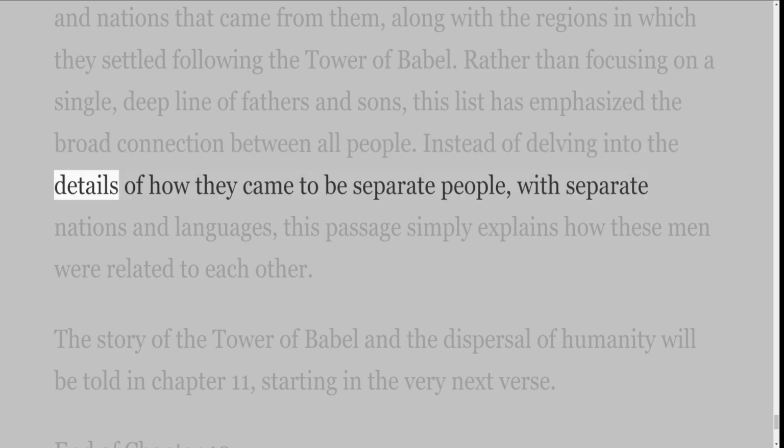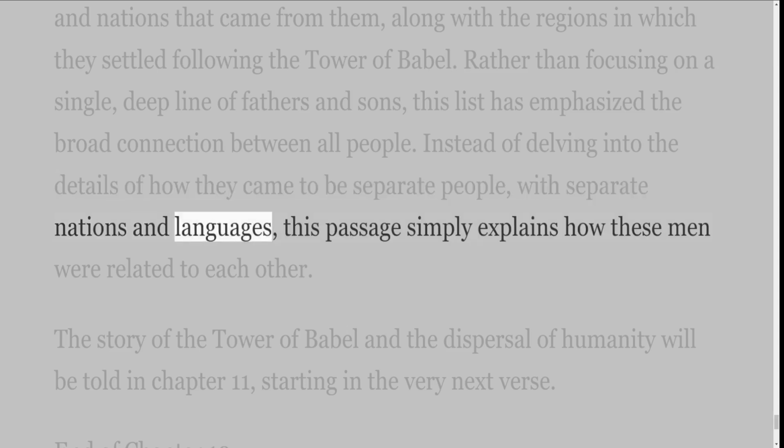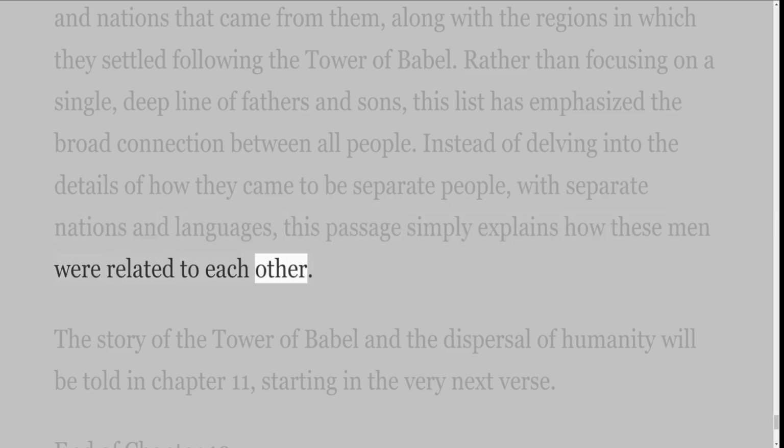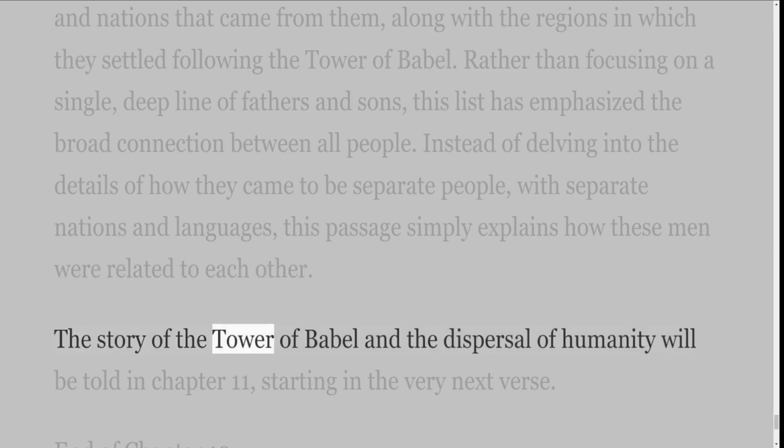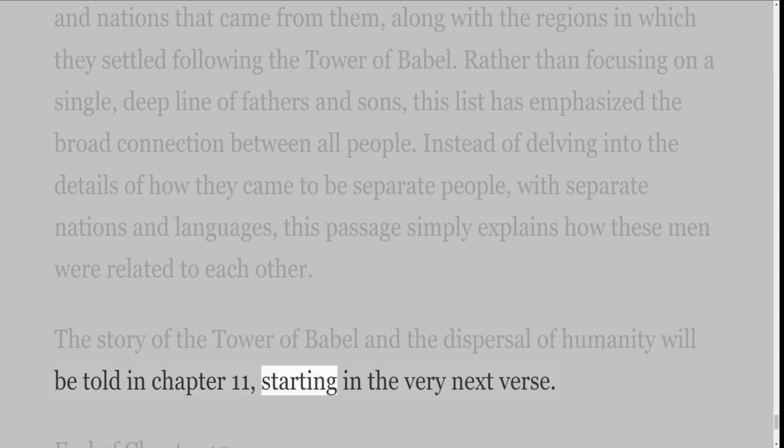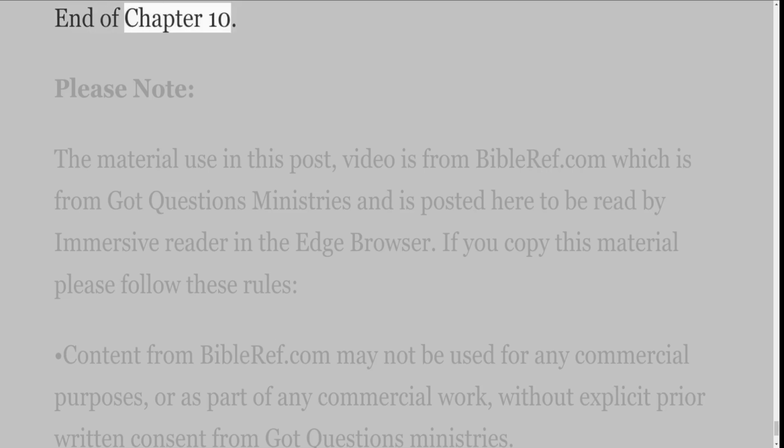Instead of delving into the details of how they came to be separate people, with separate nations and languages, this passage simply explains how these men were related to each other. The story of the Tower of Babel and the dispersal of humanity will be told in chapter 11, starting in the very next verse. End of chapter 10.